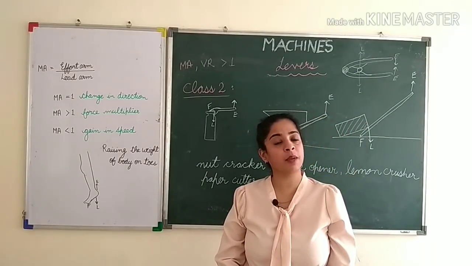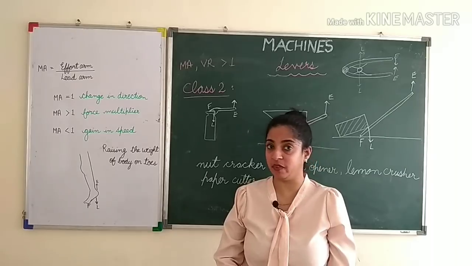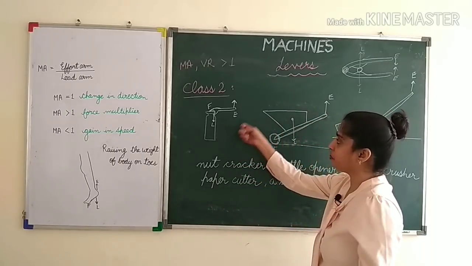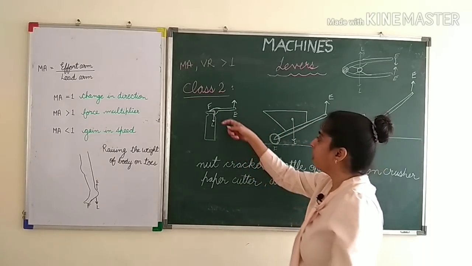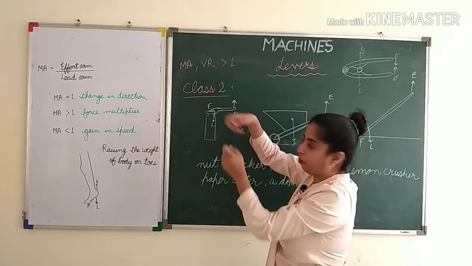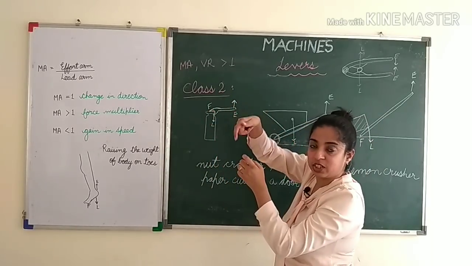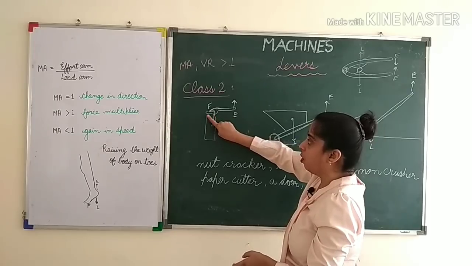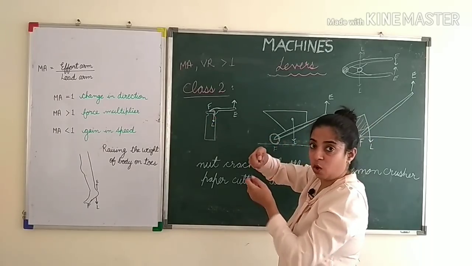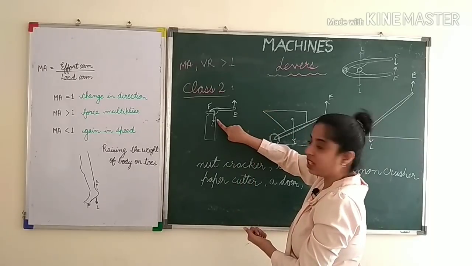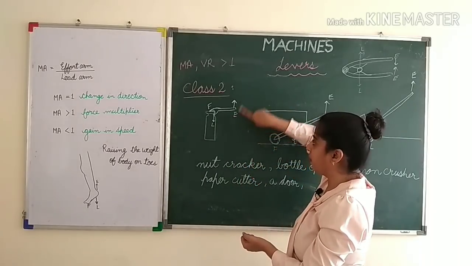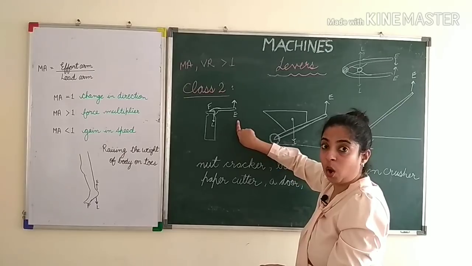Now in class 2 type of lever, we know that load is in between. So here you can see the bottle opener. Here when you touch the bottle opener, you see that fulcrum is at the end, you touch it from the end, और load, ये जो bottle का lid है, that acts as a load in the downward direction. So it is in between and you pull it up, so effort is up. So load and effort are in opposite direction.